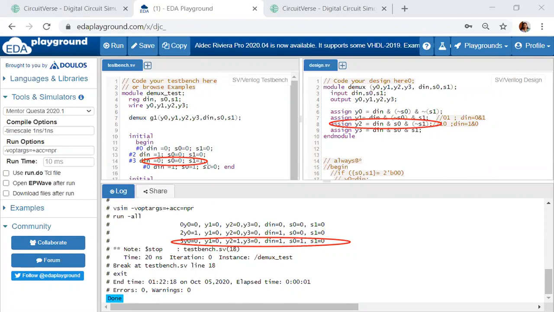Now all this is with respect to the coding of demux. Similarly, you can write codes for your 1:8 demux using 1:4 demux with having enable. So 2 demux you can have with an enable and instantiate. Write it using code level or gate level model. Instantiate it, and you can write the coding for 1:8 demux using 1:4 demux.